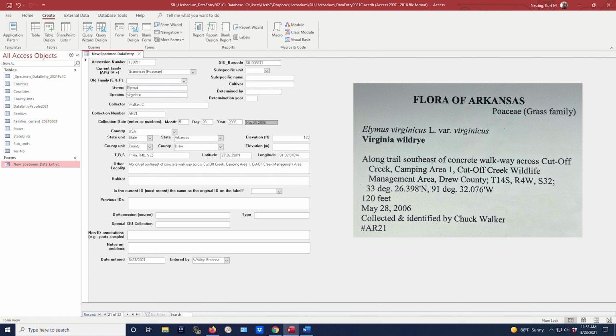Okay, then we add the genus name, species, the collector. Important to note that the preferred format for the collector is last name, comma, and the first name initial. Also your middle name initial if that's included. Then the collection number, then the month, day, and year entered as numbers,